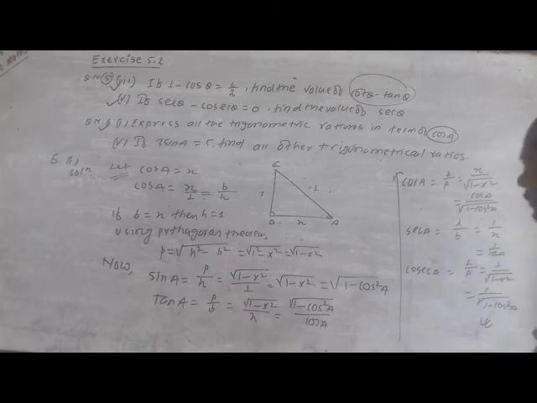My dear friends, if your question says express all the trigonometric ratios in terms of cos a, sin a, tan a, first you let, if your question says express in cos a, then first you should let cos a is equal to x, and then you express it in the form of cos a is equal to x by 1, and also we have the ratio of cos a is equal to b by h, and when b is equal to x, then h is equal to 1, and from there you should find p by using the Pythagoras theorem, and then you find sin a, tan a, cot a, sec a, cosec a. Except cos a, you find all the ratios in terms of cos.